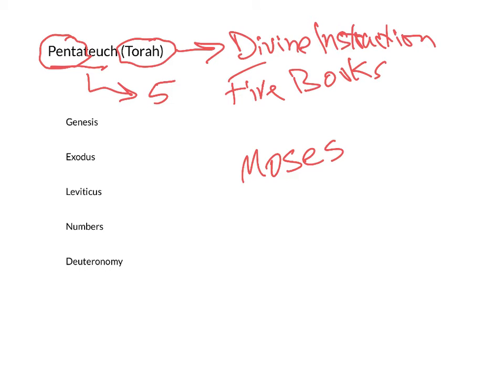Genesis, the word Genesis comes from a Greek word that literally means beginning, and it is, of course, the book of beginning. It is the beginning of the world, it's the beginning of animal life and plant life, it's the beginning of human beings. It is also, unfortunately, the beginning of sin. It is the beginning of salvation. It's the beginning of marriage. It's the beginning of family. So it is aptly named Genesis, the book of beginnings.